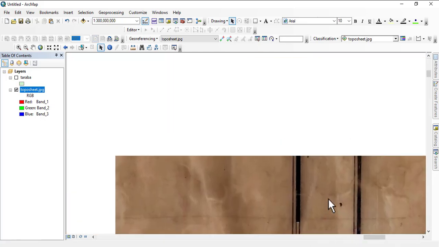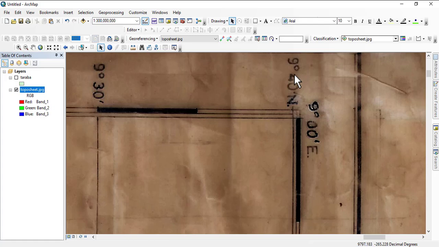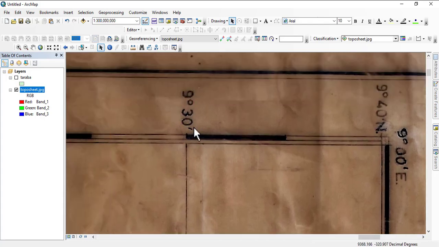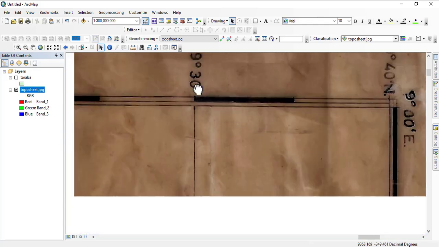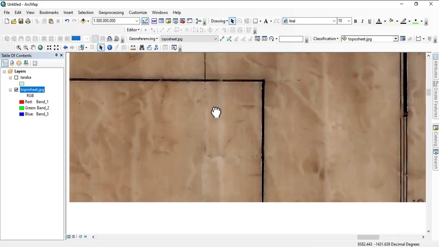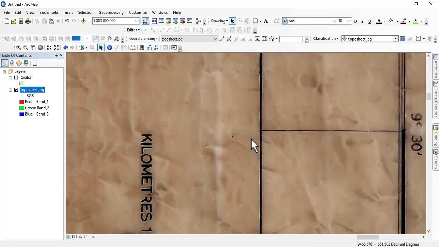Okay. So we have our 9 degrees 40 minutes on the north, and 9 degrees 00 minutes on the east. So we will be following this one here second, because there is an intersection. So we have 9 degrees 30 seconds. So let's move until we find a vertical intersection, which is this. It's also another